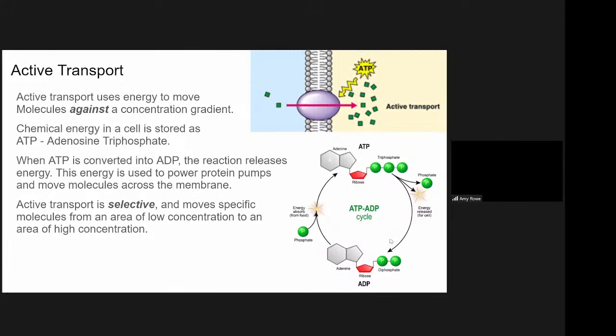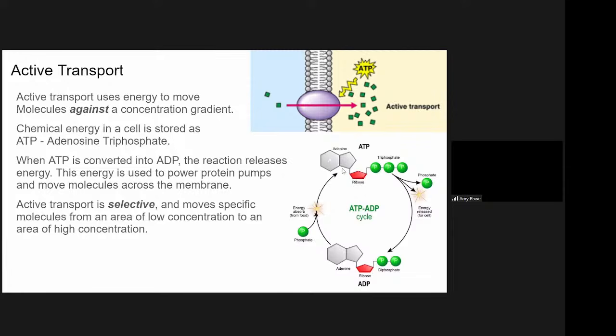Now, later on when we talk about respiration, we'll talk about the respiratory process adding phosphate onto ADP to turn it back into ATP. It's kind of like refueling the car, if you like. ATP, adenosine triphosphate with 3 phosphates, has lots and lots of energy or possible energy that can be used. When one of those phosphates is chopped off, it becomes ADP, which is low energy. What needs to happen in respiration is we need to add another phosphate onto our ADP molecule to turn it